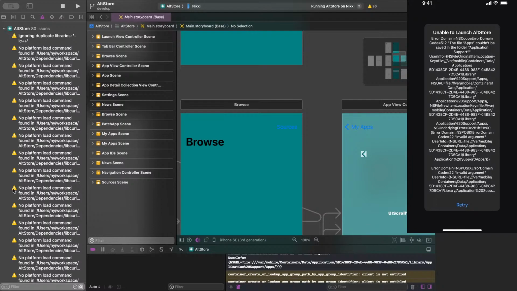So, as you can see, good old container creator lookup app group path by group app group identifier client is not entitled. Oh no, that means we tried to access something that we cannot access. This is an issue that I have been trying to solve in SideStore, but the reason this issue is happening is because of good old